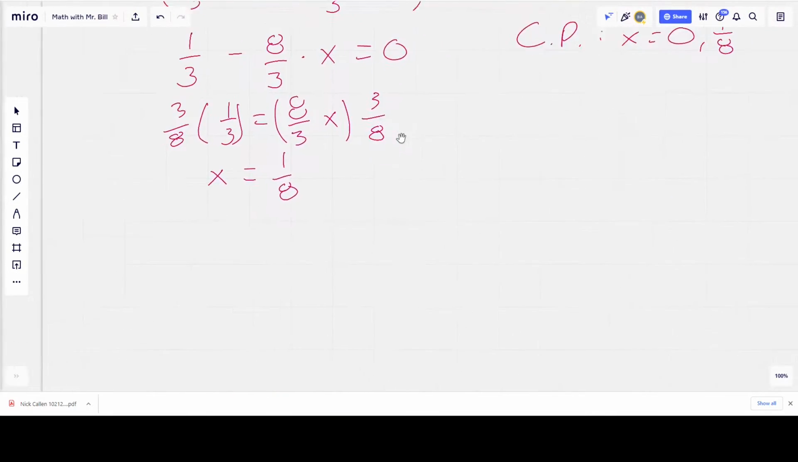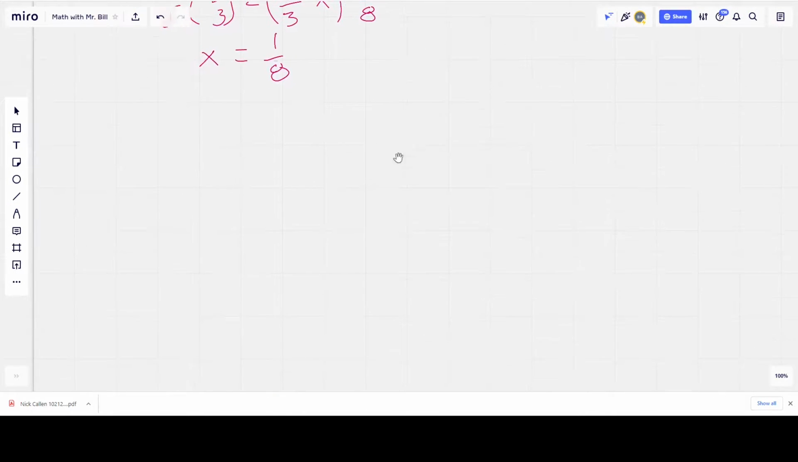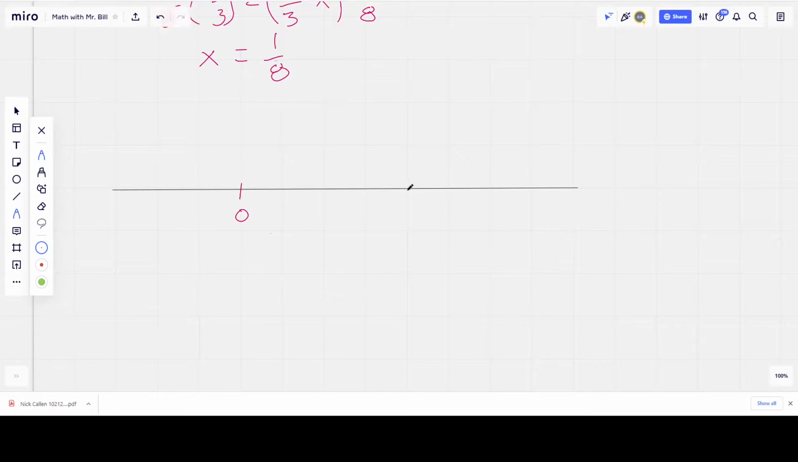So with those critical points, I can now find my intervals of increasing and decreasing. The best way to do that is to draw a number line. Draw a number line, and then you put down where the critical points are. So 0 and 1/8. Those separate the number line into regions that we're going to pull numbers from to test